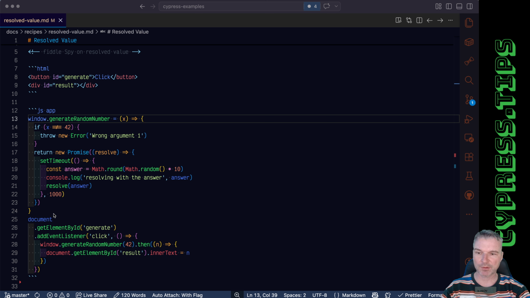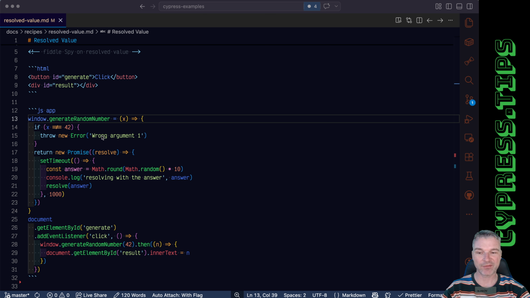In this video, I want to show one of the very core strengths of Cypress. The tests run in the same event loop, in the same window as the application under test. They technically run in two different iframes, but the iframes share the same domain, so the testing code can access everything in production code. And this makes it so easy to spy or stub application code and methods, or maybe